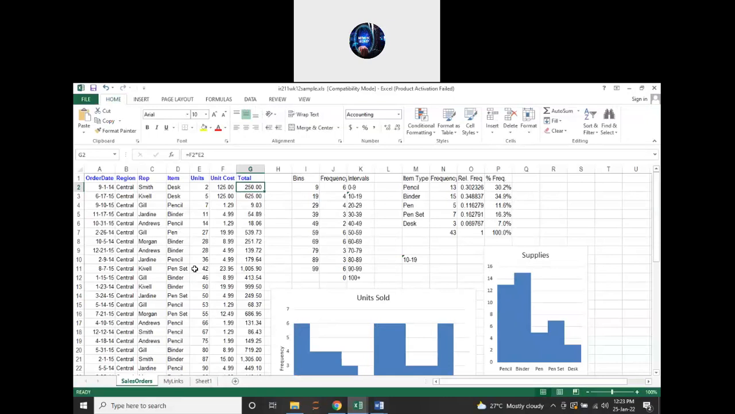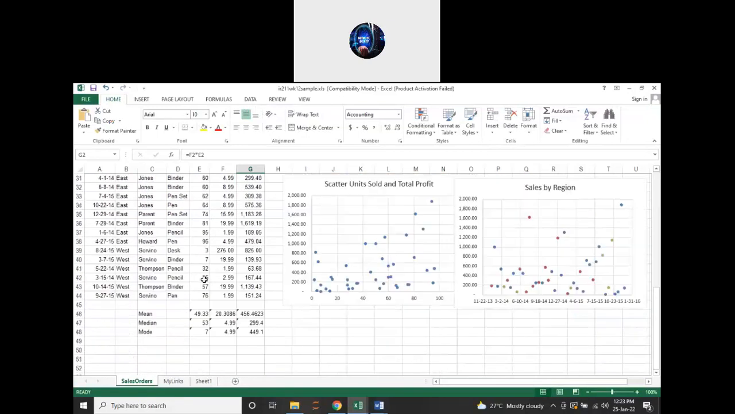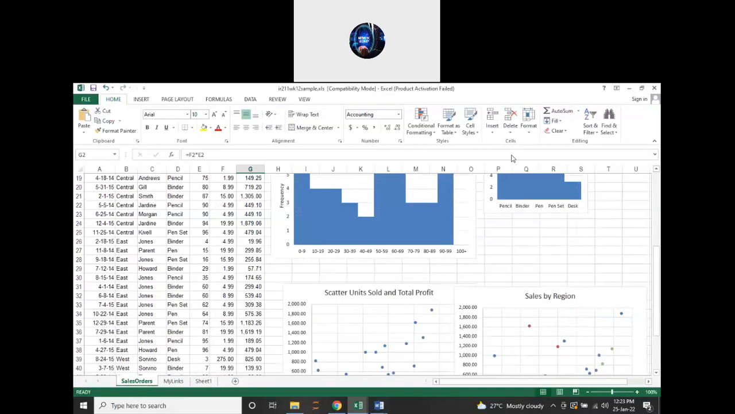Assume that we have Excel data like this one, which contains many rows. Say for example,